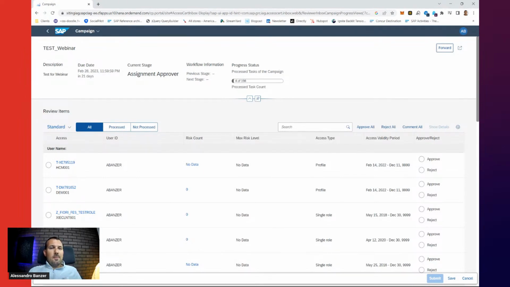So overall, there's a lot that can be done in IAG. A very, very interesting product. Definitely worth looking into, especially if you have access control today and you want to extend those capabilities into the cloud. Then IAG is the perfect solution for you, because it can really extend what you have today. So all that investment you have done in the past will not be lost, and you can extend into the cloud. You can still reuse access control. You can slowly move into IAG.